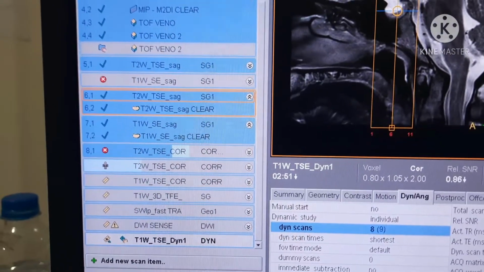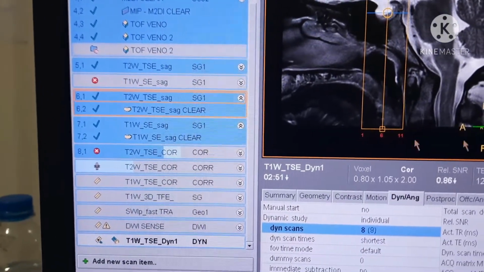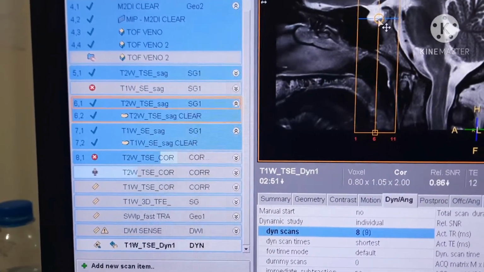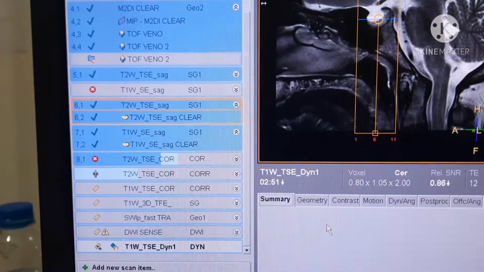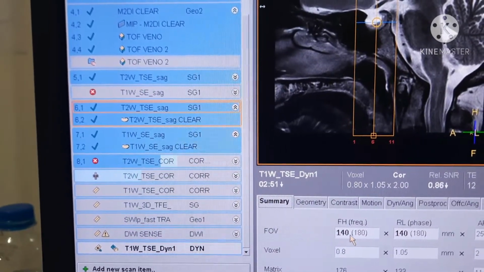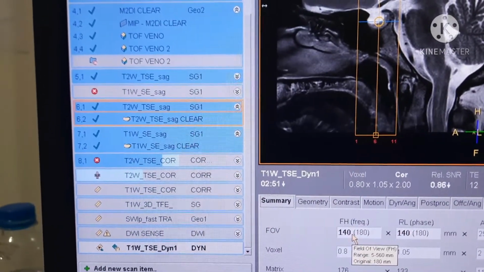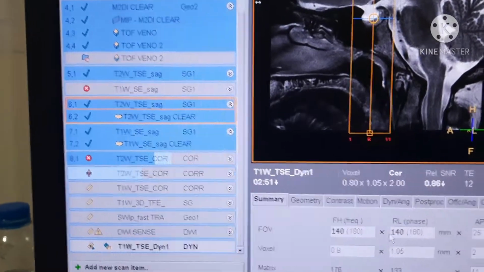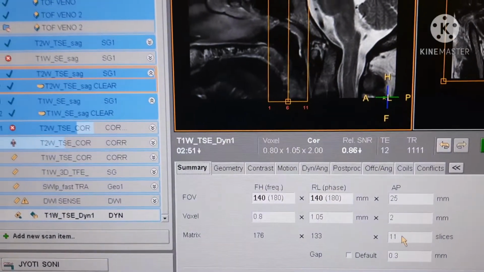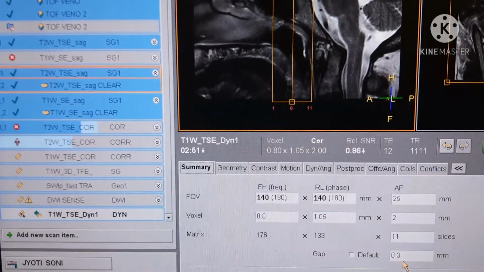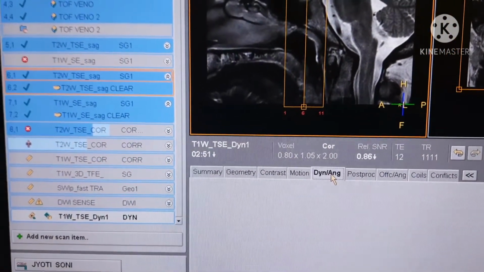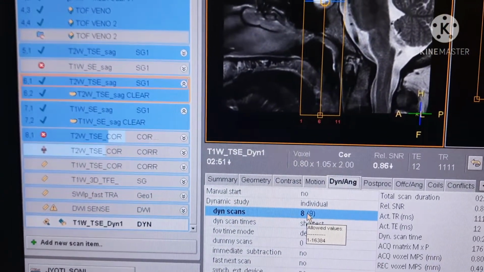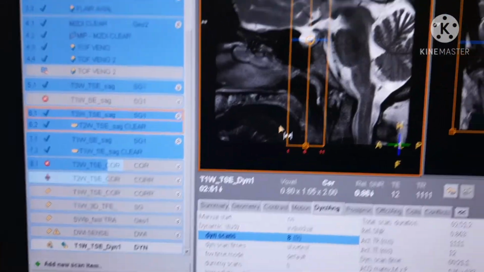Then you have to plan for dynamic scan. We are performing dynamic scan in coronal. So again you can see the FOV is a little bigger than plane scan. For dynamic you can see here 140 by 140. Slice thickness is 2 millimeter. Number of slices is 11 and the gap is 0.3. Number of dynamics, here we are taking number of dynamics as 8. You can see the plan also